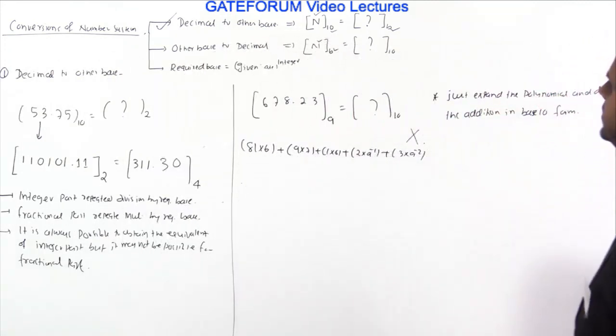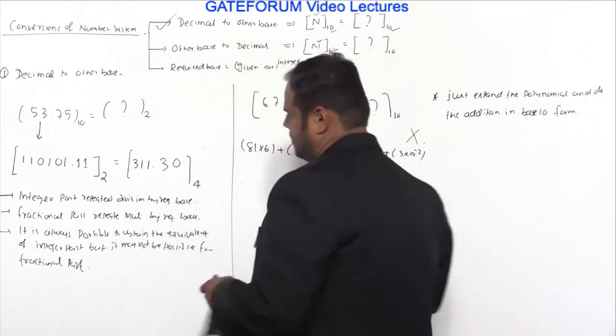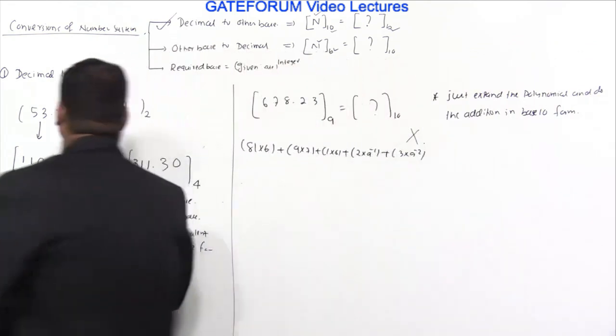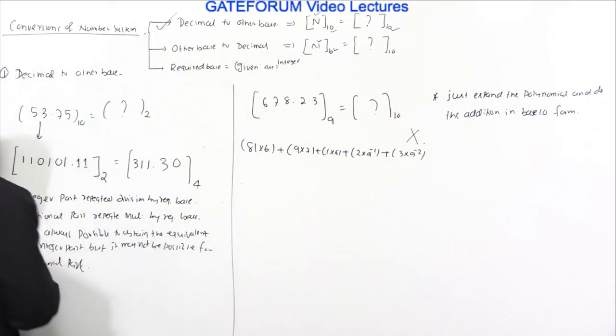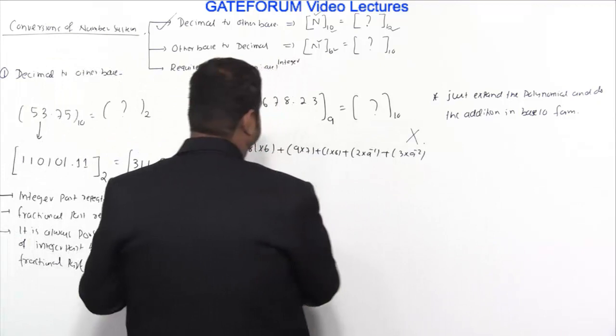Is this okay? So this is how you deal with other number systems to base 10. Base 4 to base 10, base 2 to base 10, base 3 to base 10, all this comes in the simple polynomial formats. Okay. So let's take some good questions which are based on previous year papers. I hope this is clear, right?